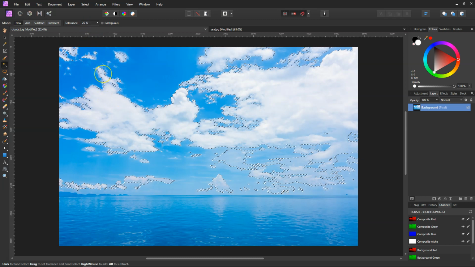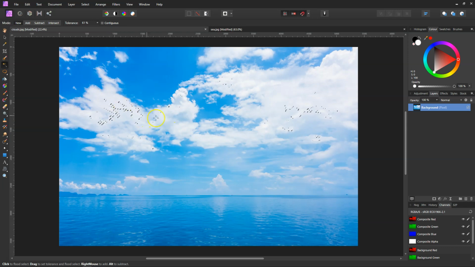If we put it up higher, I'll deselect and put it up higher, say we go to 61 pixels and we click, we don't select much at all because it's working really close to what we've picked. So what we need to do is lower that right down,